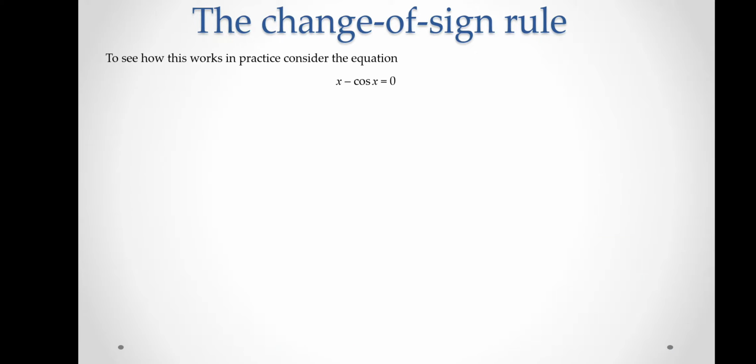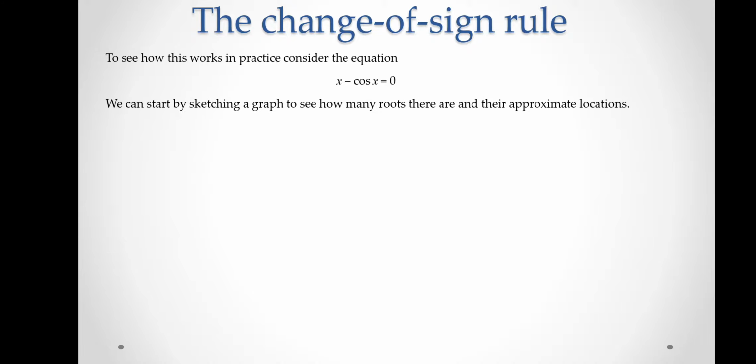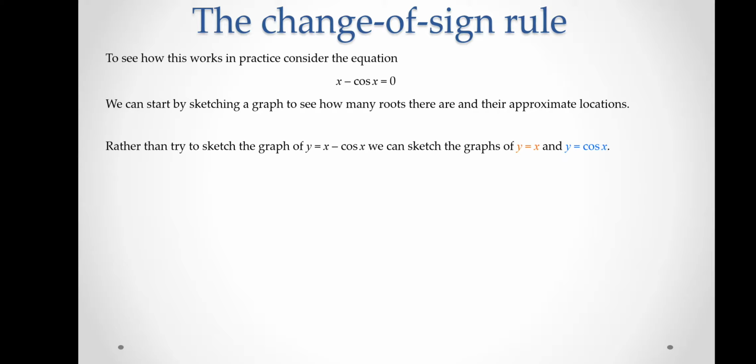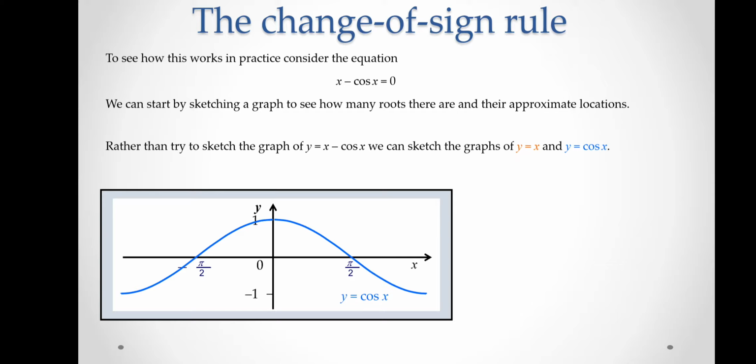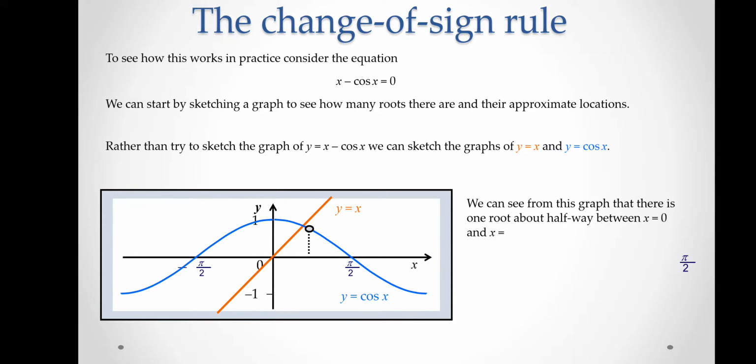As an example, the equation is x minus cos x equals 0. So we have two equations here, y equals x and y equals cos x. We represent y equals cos x here, and y equals x we can represent on the other side in the same graph. The intersection points represent the solution, right? So the intersection point we can represent like this. It is approximately 0.8.